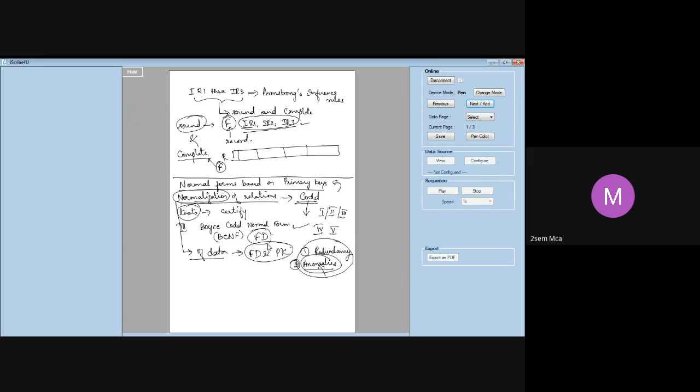Sometimes whatever table is given may itself not be normalized. You may not get normalization for that particular table. So what we do is try to decompose that table. Decompose means you try to break the table into smaller parts, and these smaller parts you try to certify that they are normal.